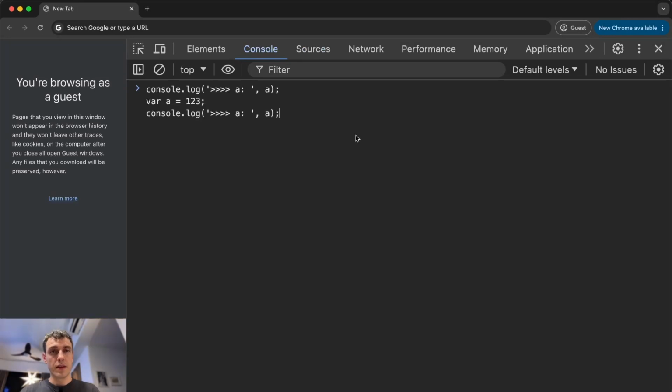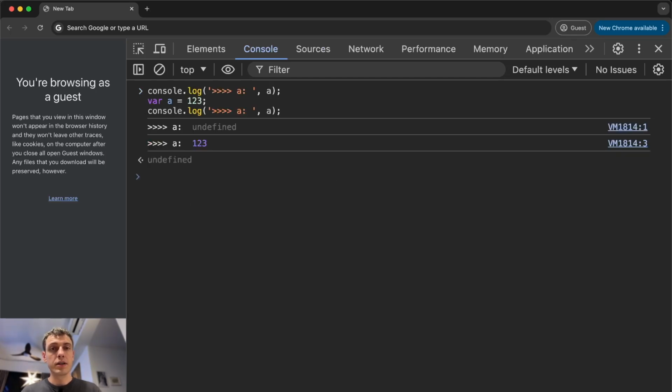For example, when we try to access the variable before it was declared, and we're using the var operator, that's not a problem. The only thing is, before you declare the variable inside the scope, the variable value will be undefined. After you declare it, everything is fine and works as expected. So say we change var